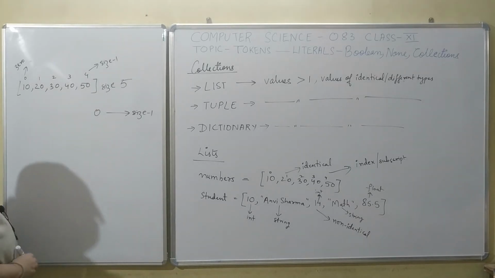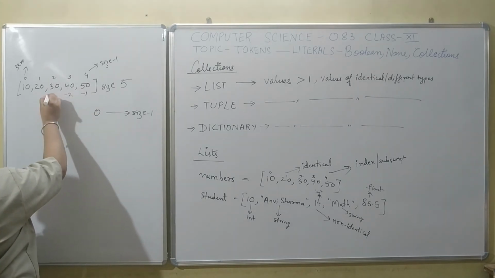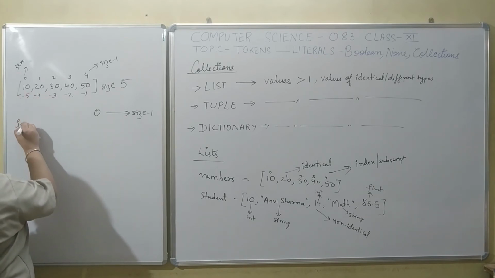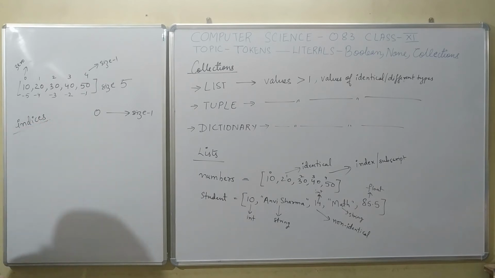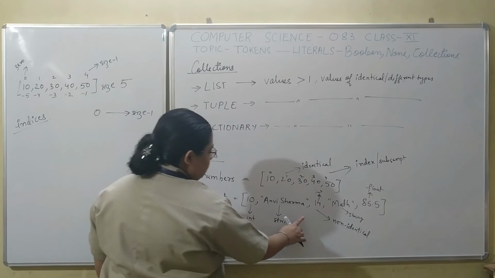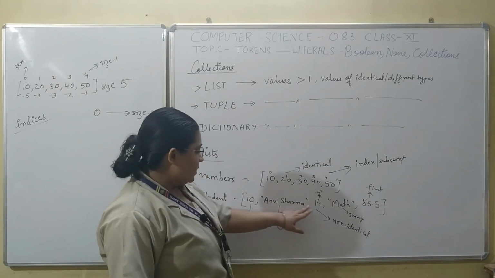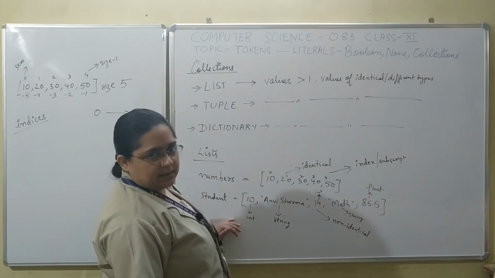And just like you had studied in strings, the lists also have negative indexing. You have negative indices. When I speak it in plural, it would be indices, and when it is singular, it will be index. So you have positive as well as negative indices for list items. Similarly, for this list also we will be having 0, 1, 2, 3, 4. Total of 5 items in this list.